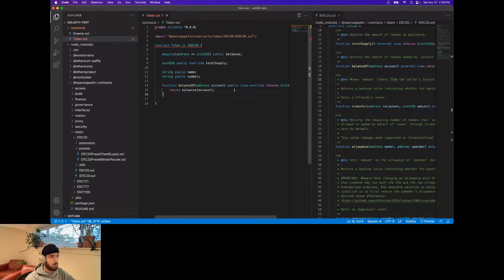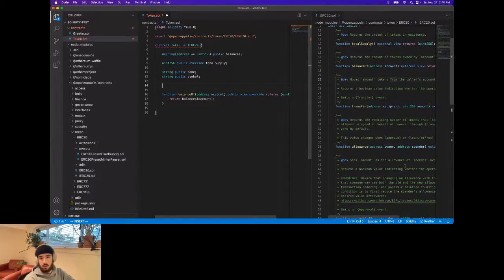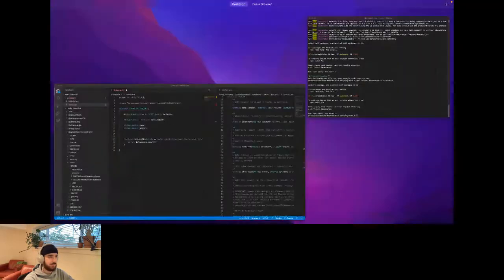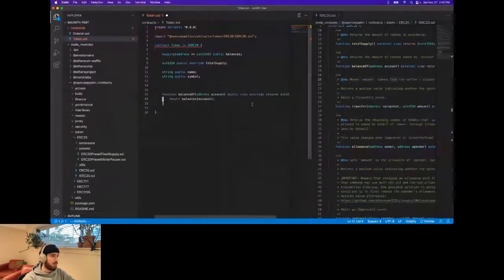Cool. Now I said "oh" there in the middle because I realized I forgot the constructor, which we also need. The constructor is called on the deploy of the contract, sorry. So it'll basically set up our contract when we deploy it. Let's see, yeah, 256 is massive compared to most languages. You should be good. So we're going to create the constructor by going constructor, and then we can take in some parameters,